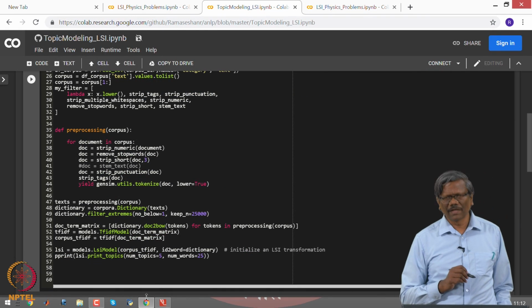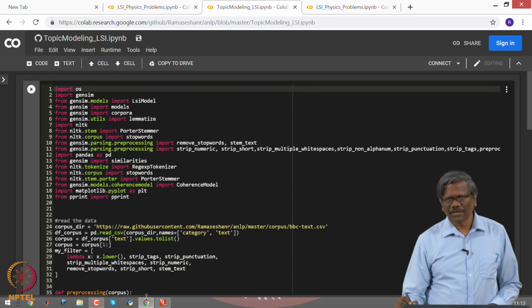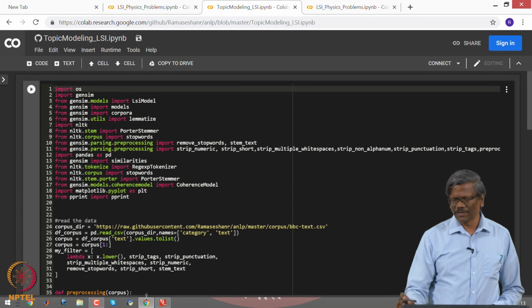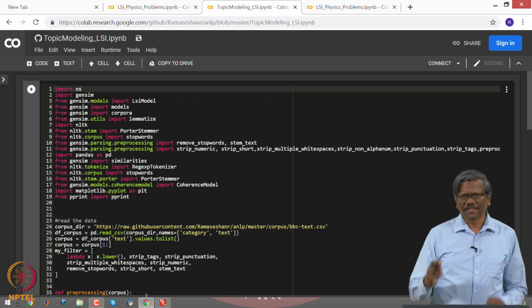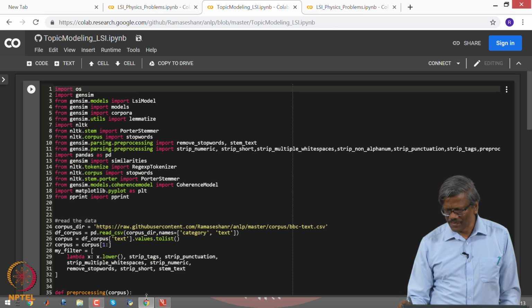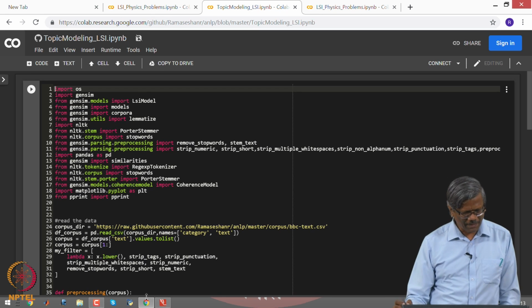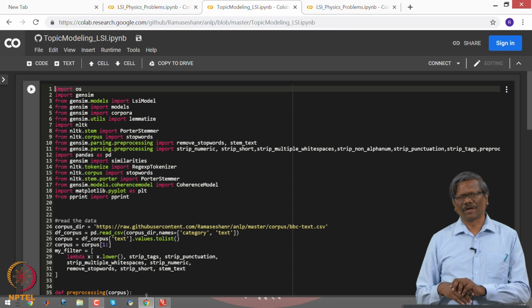So, here let us look at the topic modeling part. Earlier we saw the query related stuff, right. In the transform domain we are able to query based on the keywords, and the related documents are retrieved using some similarity values. In this case we are going to be looking at a different corpus.